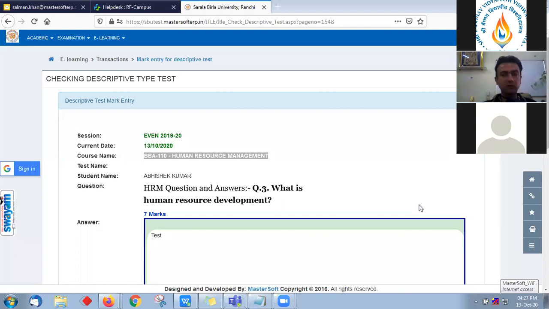To draw a diagram in a descriptive answer, that option is not there. The student can only type the answer, but we can provide an upload utility. So you can draw the image on paper, convert it to a PDF, and upload the same.